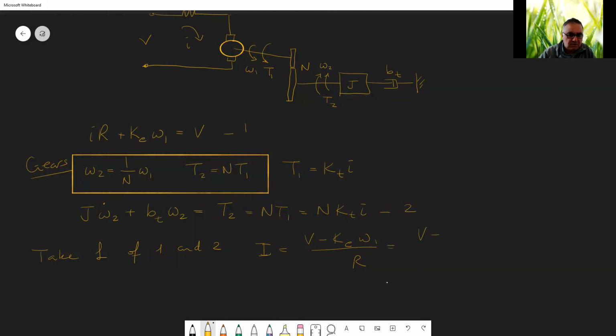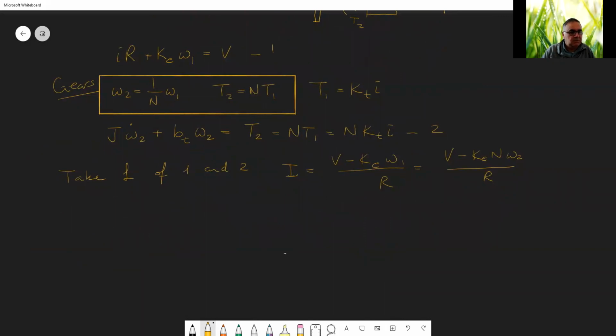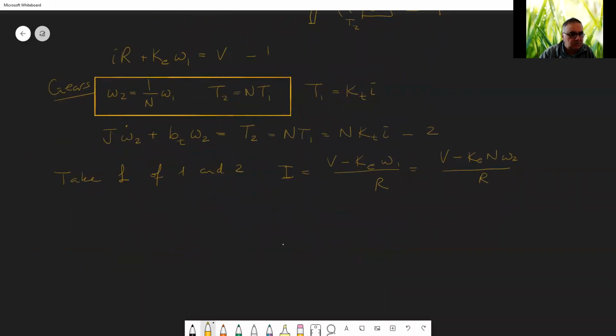So V minus KE n omega 2 over R, for example. Which I will substitute into the second equation, which is the following. Js plus dt omega 2 is equal to nkt times I,